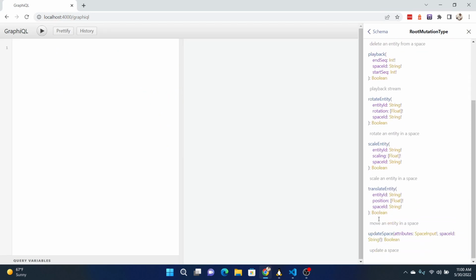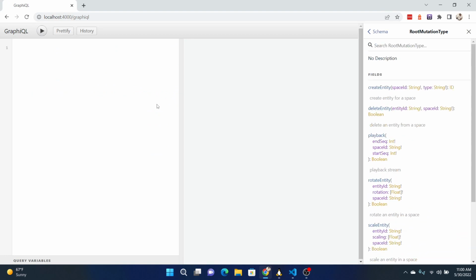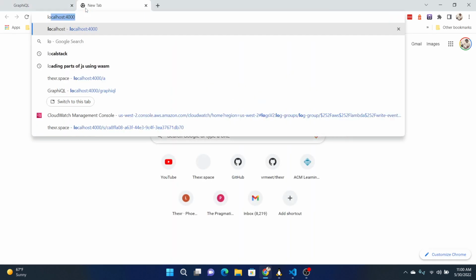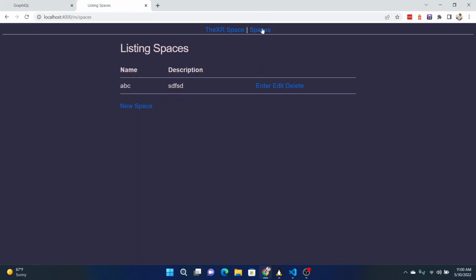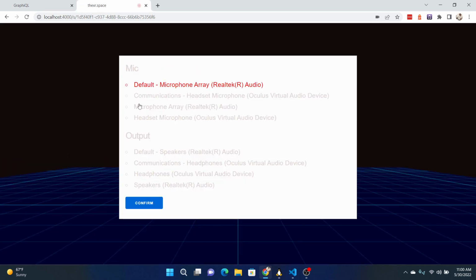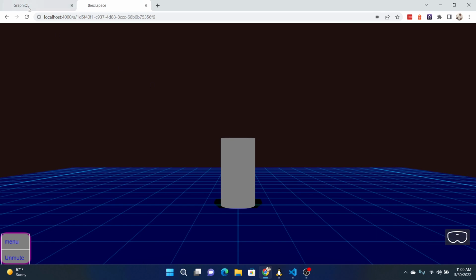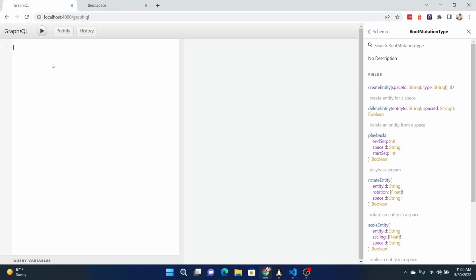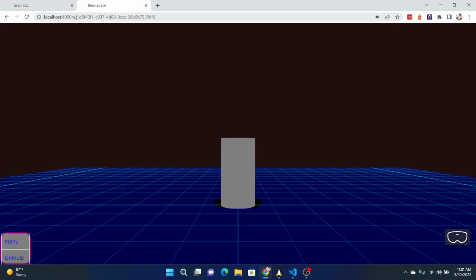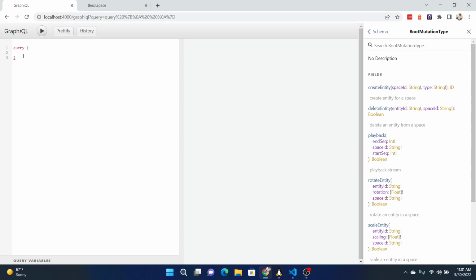Okay, they have them here. So we load up a space. Okay, there is a thing here. What's the ID for this? Query. No, let's do a mutation. No. We need to know what the entity ID is. So query